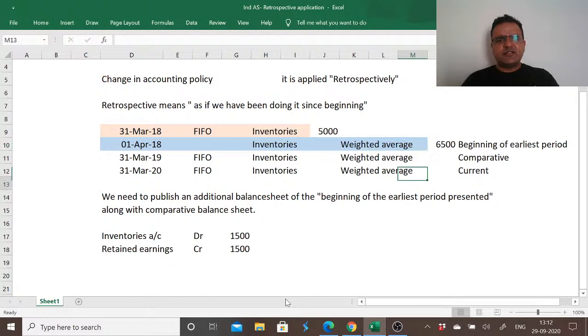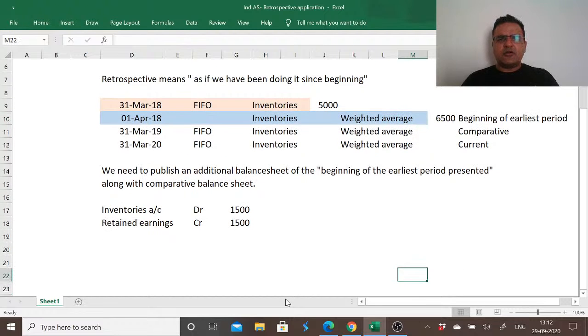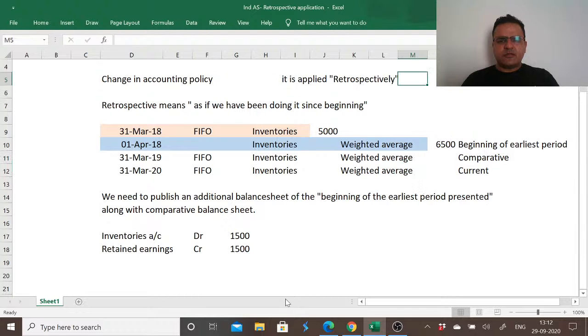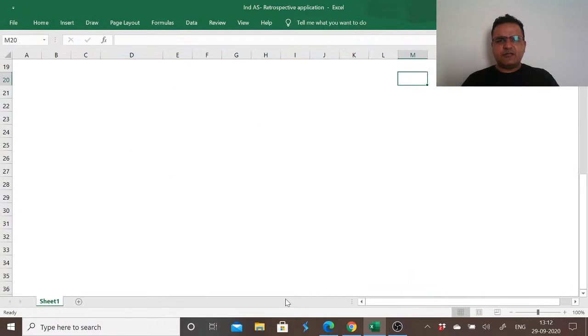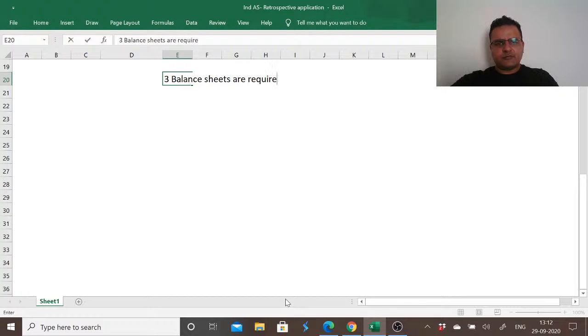So whenever there is a change in accounting policy, or, so the 3 instances when we publish 3 balance sheets, there is a requirement of 3 balance sheets. 3 balance sheets are required whenever there is a change in accounting policy, whenever there is a correction of a prior period error,